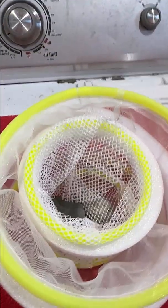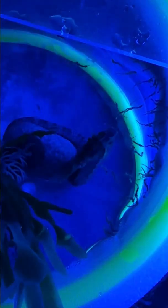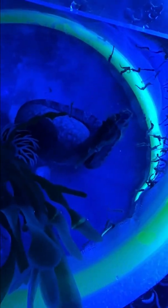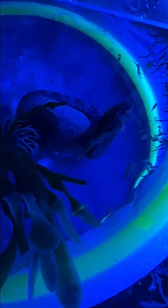Well, I got a chance to try this out the next day because Toby started giving birth, and I moved him into the large net. I didn't use the small net. I don't need it. Toby's not going to eat his babies, and I thought that small net was a little small for him anyway. Here he is taking a break, but you can see he's already had quite a few babies,